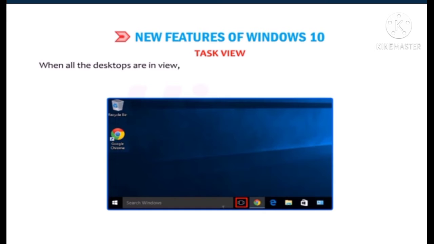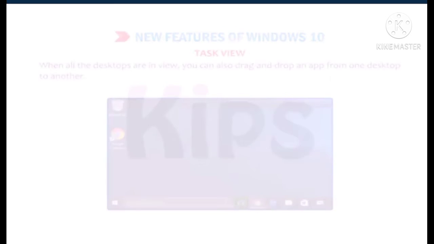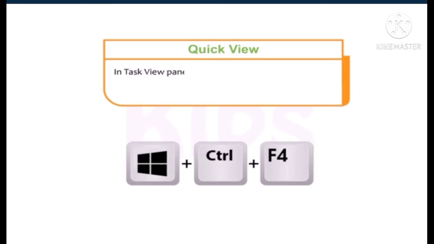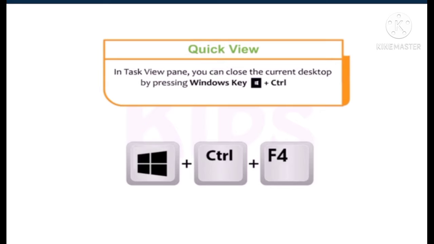When all the desktops are in view, you can also drag and drop an app from one desktop to another. Quick view for you: in Task View pane, you can also close the current desktop by pressing Windows key plus Control plus F4 shortcut key combination.